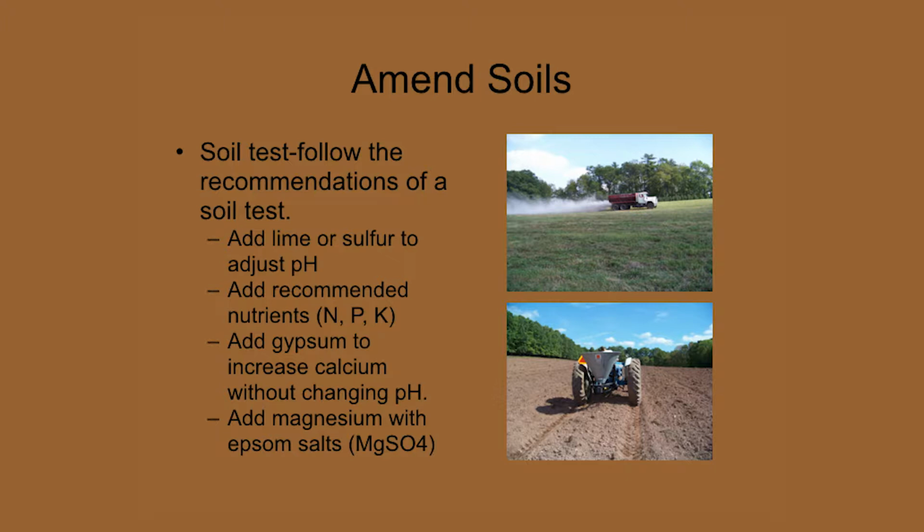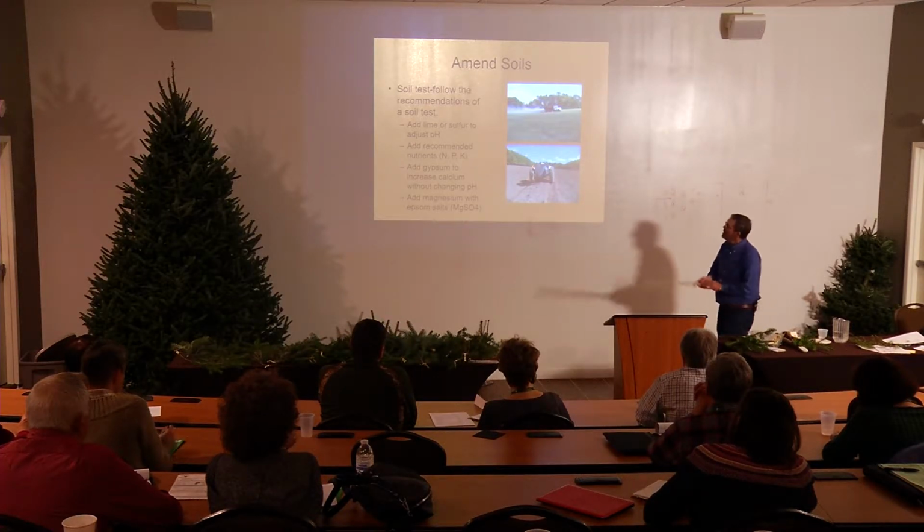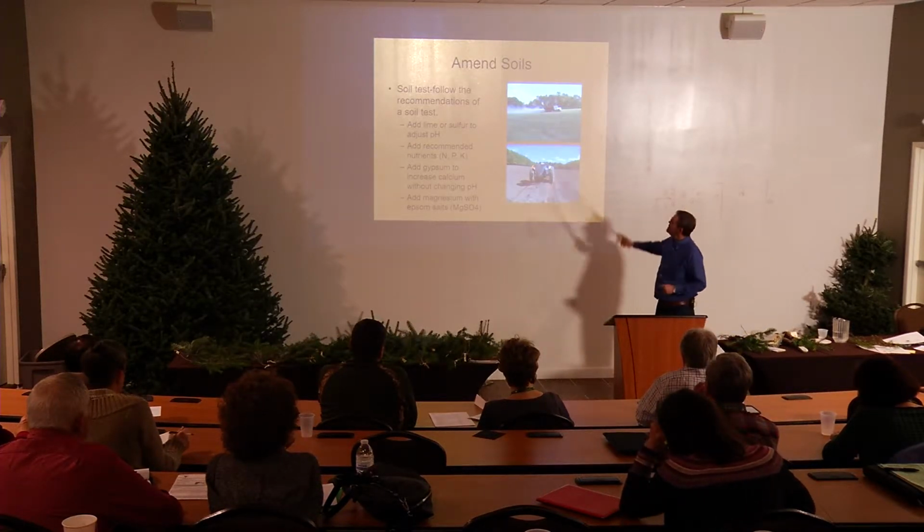And then after it's plowed, put the spreader on, and that's when we're adding our nitrogen and our potassium and phosphorus, all based on our soil test results. Oh, I should back up a minute. What I also did